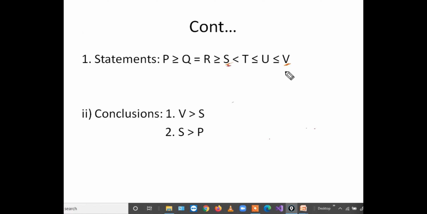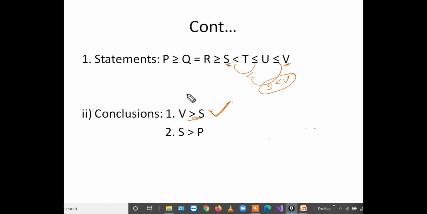So there is no opposite polarity, then we have to start our procedure. Less than when combined with less than or equal to, result will be only less than. And that less than when combined with less than or equal to, result will be only less than. Overall relation between S and V is S is less than V. So it is not V greater than S, that's why it is not follows, right? No. This point also we mentioned earlier. S less than V is exactly same as V greater than S. So V greater than S follows because both are same.